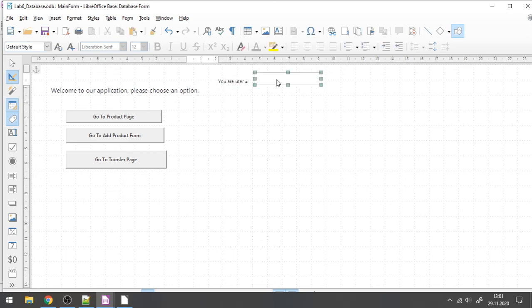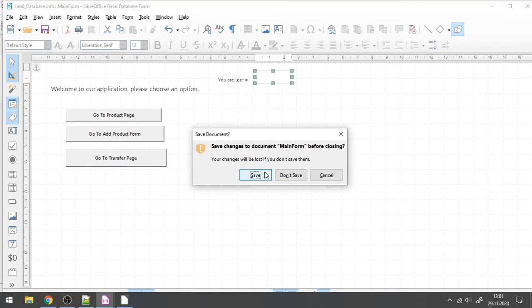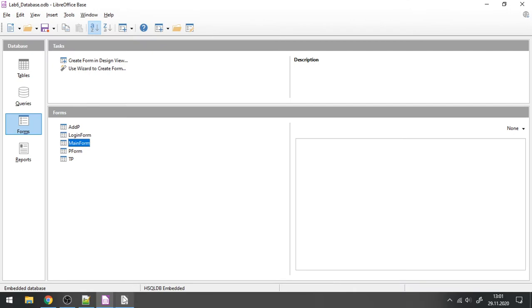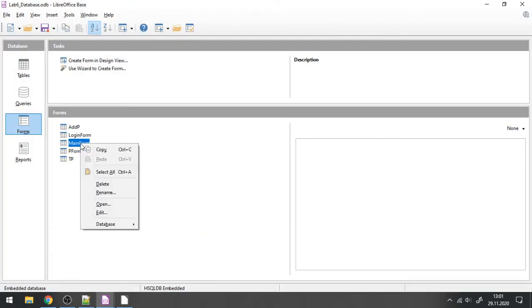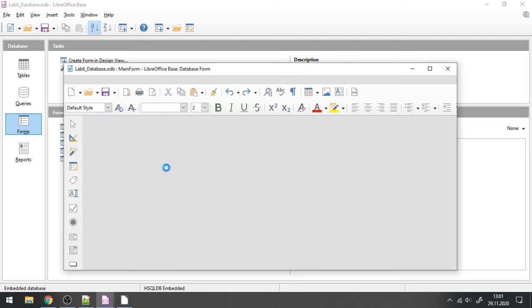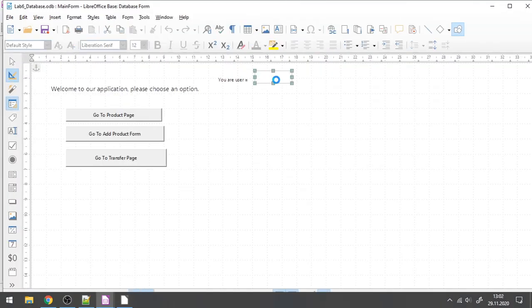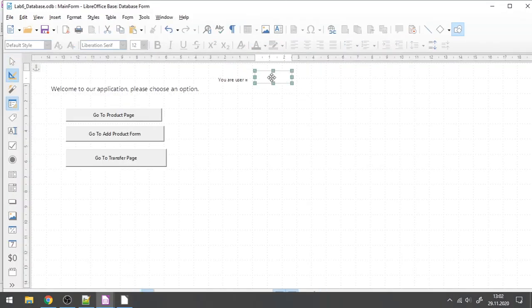And remember, this was called UID. Whenever I log in, I would like to show my ID, or maybe I could also, if I retrieve the name of that user, I could also show the name of that user. So I'm going to save it. Let's actually include the name as well. So if you want to do that, you will have some example for it. So let me also include,